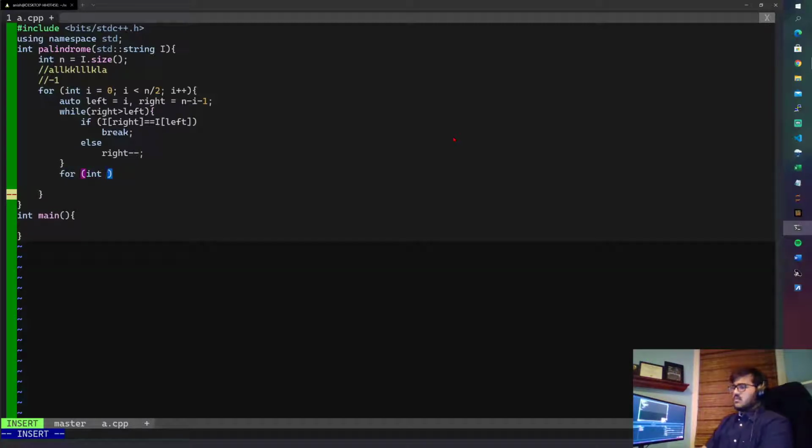Int j equals... right, while j is less than n minus i minus left, something like that. j minus minus,